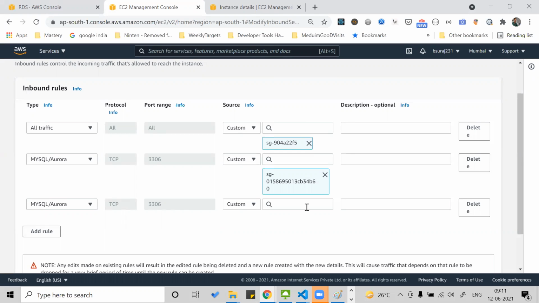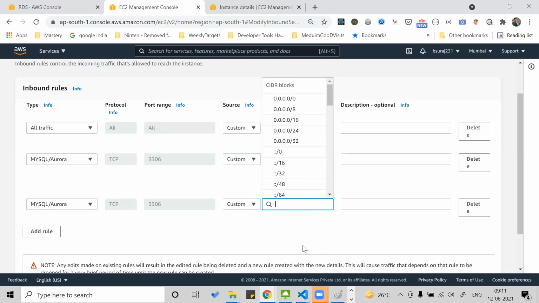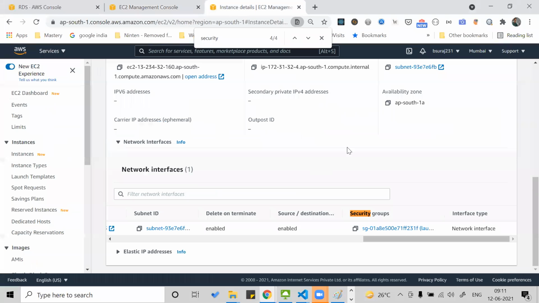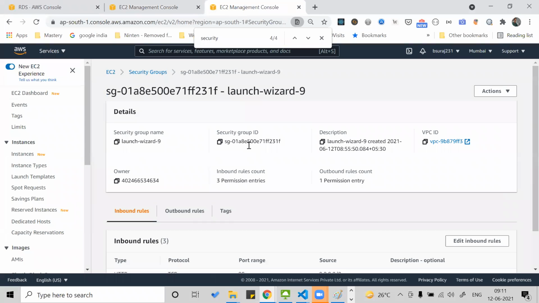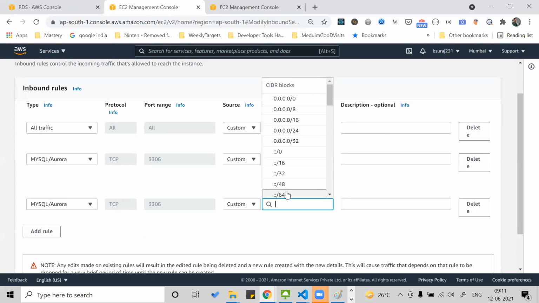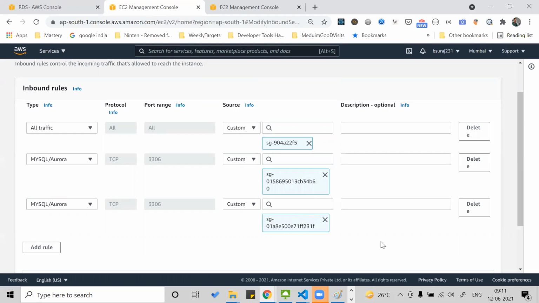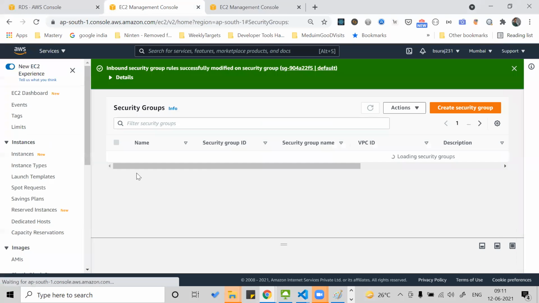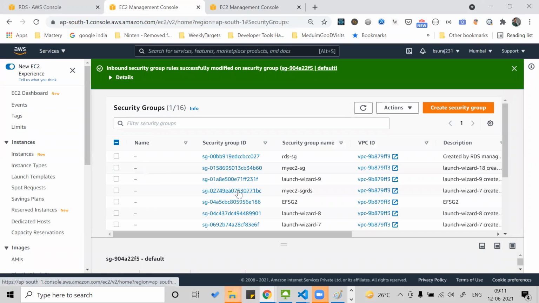Once check. Yeah, we can, because I have copied the instance security group. Let's open the security group. The name is this one, right? Security group ID. Yes, sir, here, and you have the console. Copy it. Yes, it is there. You have whitelisted it, but you didn't save it. Save the rule. Yes, you have whitelisted it in the security incoming of it.